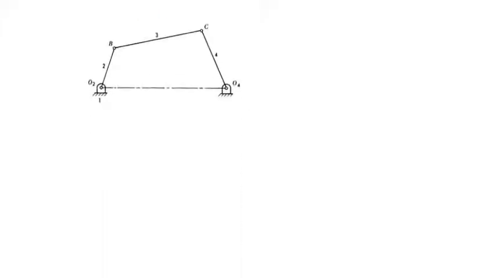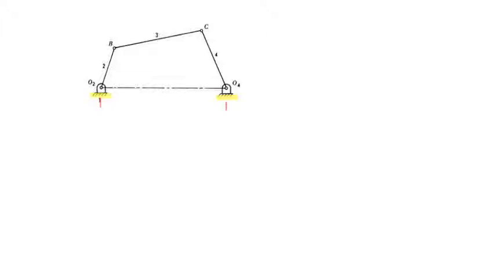So next example, we can see in the next example. We have a 4-bar mechanism. Here, how many links are there? This is the frame. Therefore, the frame is always link number 1. Frame is always link number 1. So frame means what? It supports all the moving parts. Frame is a member which supports all the moving parts. Therefore, the frame is always link number 1.